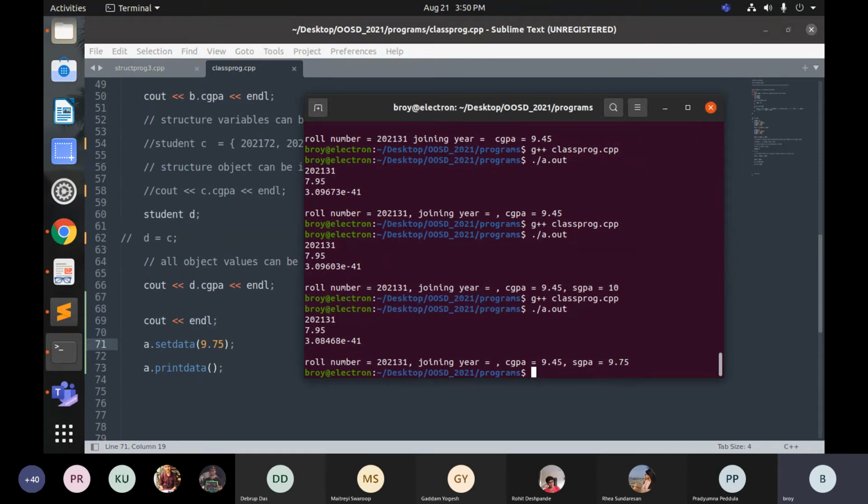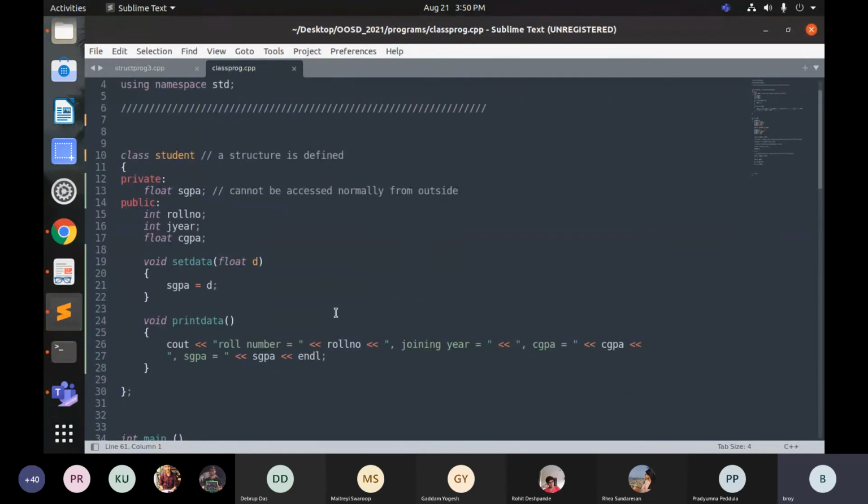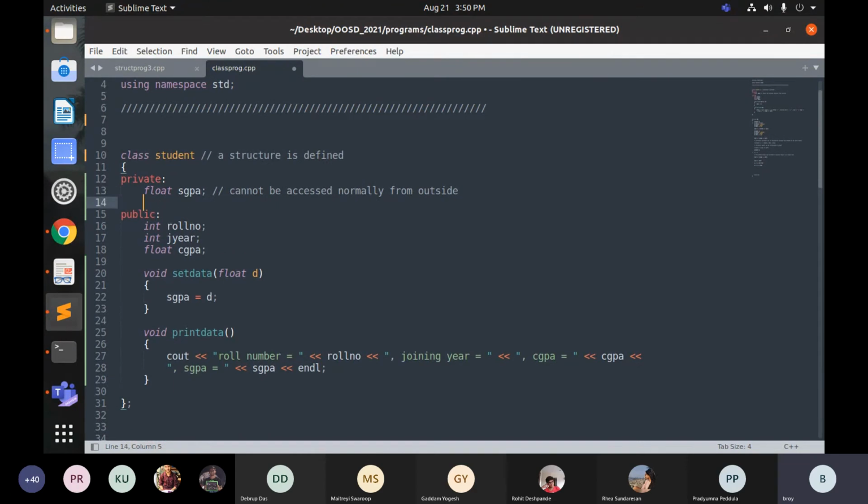Yeah, fine. So right, private members can be accessed by